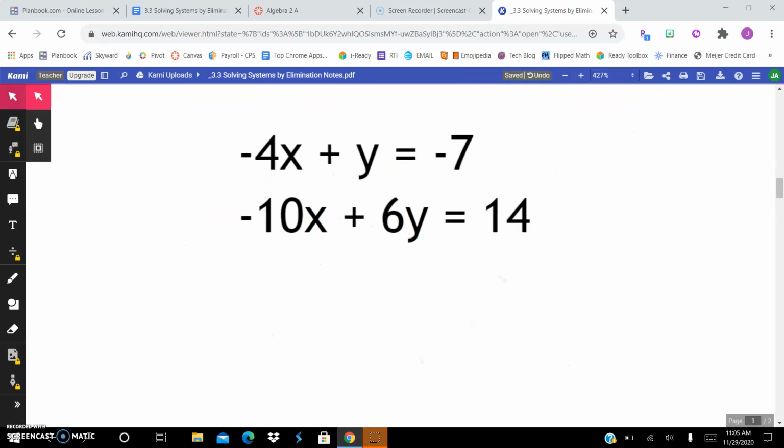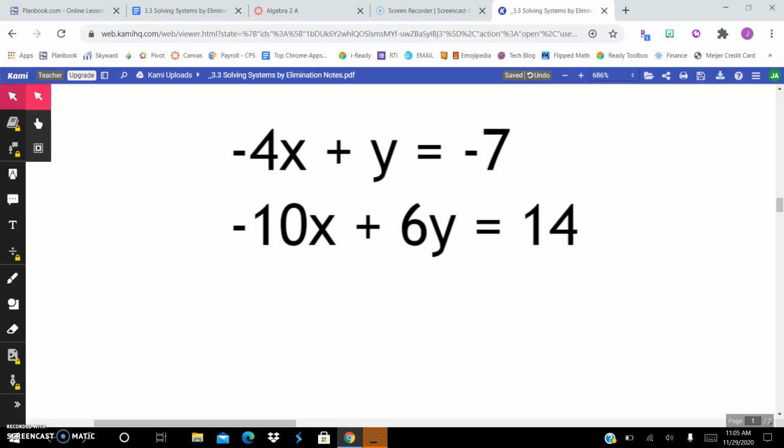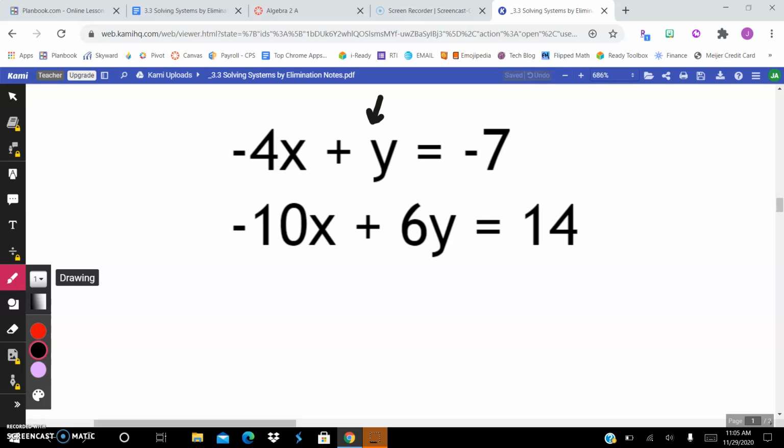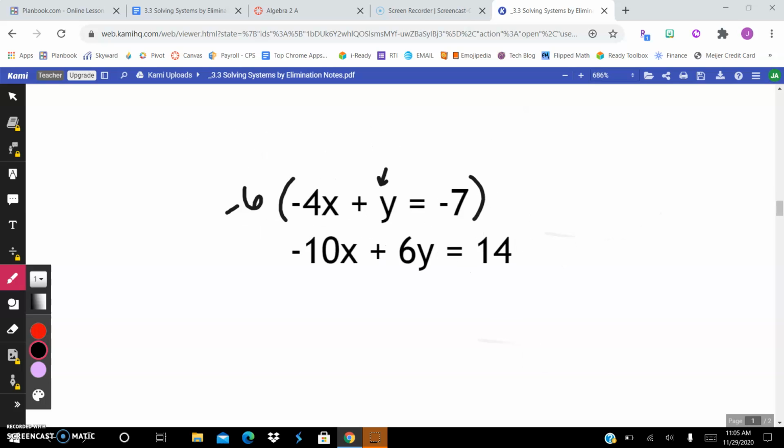For this one, our coefficients aren't the same for x and they aren't the same for y. But I see that the top y doesn't have a coefficient. So in order for it to cancel out, that coefficient right here would need to be a negative 6, since the positive 6 is at the bottom. So what I can do is times everything by negative 6, and I would have negative 6 in front of